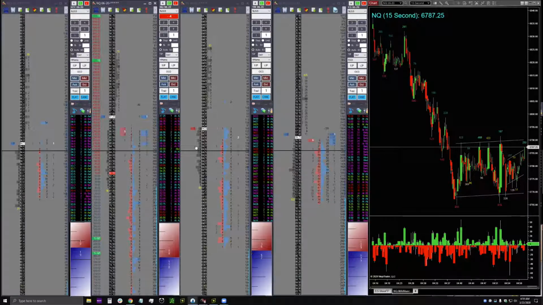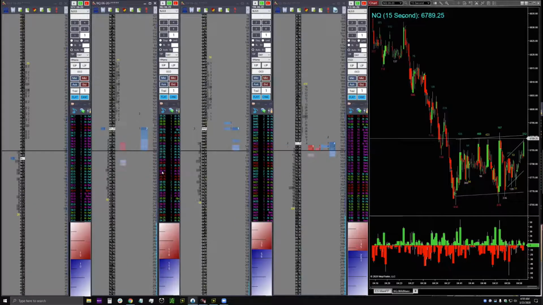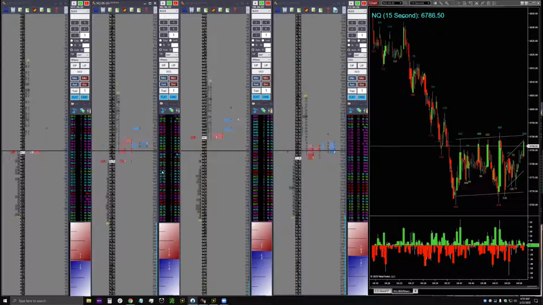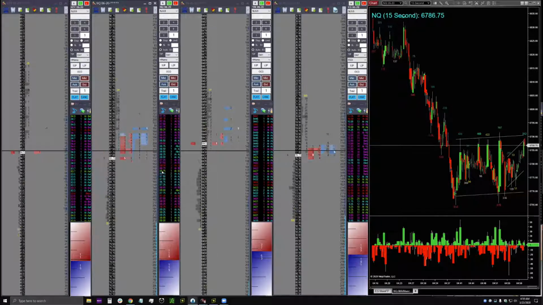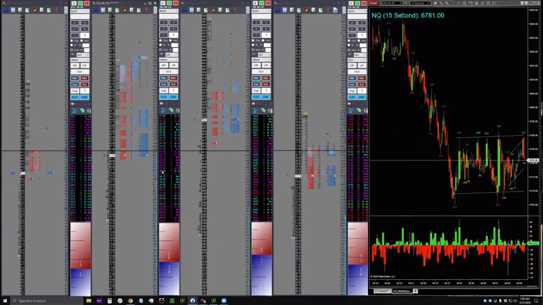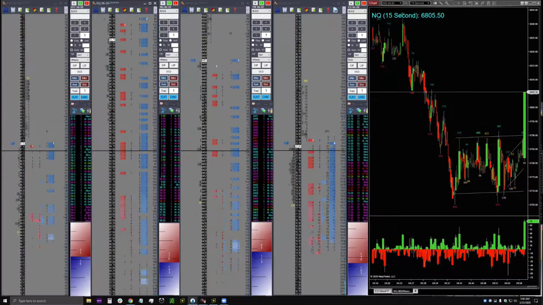And again, think about this. Let's flatten this out so I can make a point. So again, think about what's going on, the mechanics of that, either with a one lot or with scaling in and out. You're constantly forcing yourself to assess whether you're on the right side of the tape or not. Okay, so that's kind of what that one's about. So those are two of the ones I like.